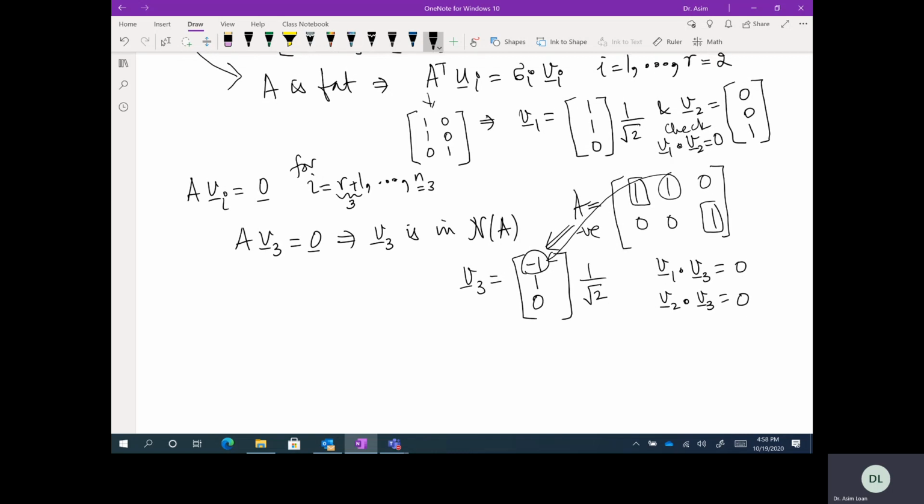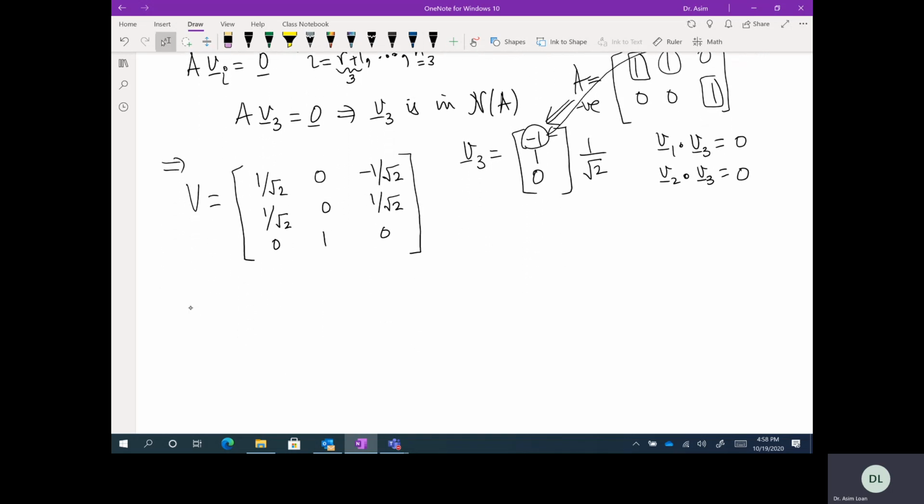So U is an identity, and V is 1 over root 2, 1 over root 2, 0, and then 0 0 1, and finally -1 over root 2, 1 over root 2, and 0. Okay,